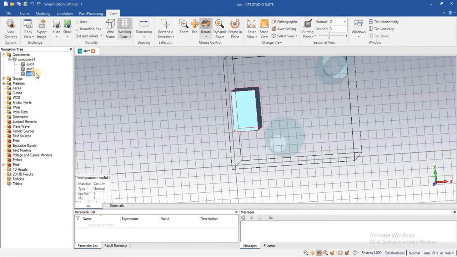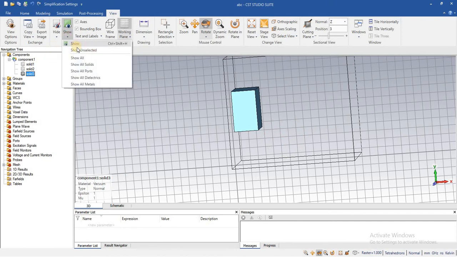Now if I want to hide the rest of the objects, just go to hide and hide unselected. And if I want to show all those that are unselected, we can do it by a single click.